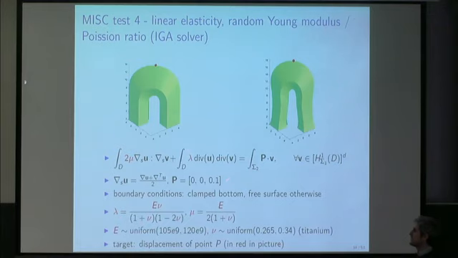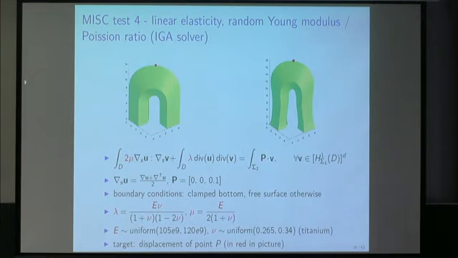Imagine that I don't know exactly the value of the Poisson ratio and of the Young modulus, which are the 2 constitutive parameters of the response of this thing to pushing and pulling. So imagine this is a generalized Hooke law for pushing and pulling this metal object. If I don't know exactly the elastic constants, these 2 numbers, I want to do, in this case, uncertainty quantification in the displacement of the red dot here, okay? So I want to know the expected elongation of this thing subject to pushing and pulling, given that I don't have exact values for the elasticity constants, okay? Again, the IGA allows me to be very efficient here in representing this geometry exactly and in using a high order